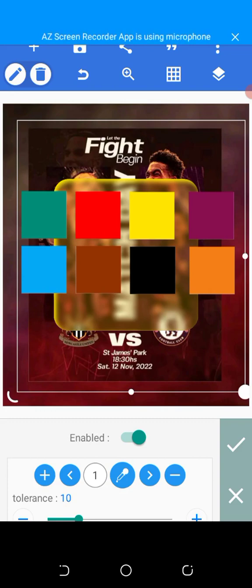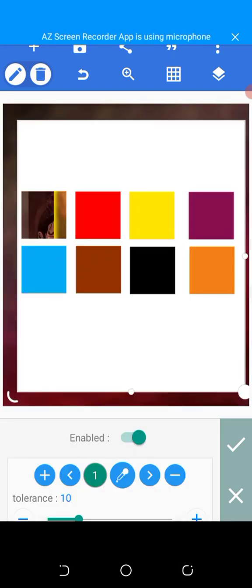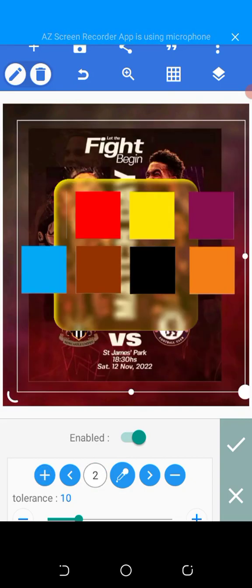So all I will just need, click on this eyedropper, then move my position to here and click on this check mark. You can see the green has gone. So I'll click on this plus. I can increase the tolerance if I want, but I'll just leave it like this. I'll click on this plus. The plus enables me to select another color, the eyedropper,